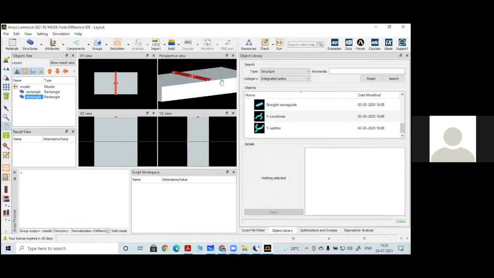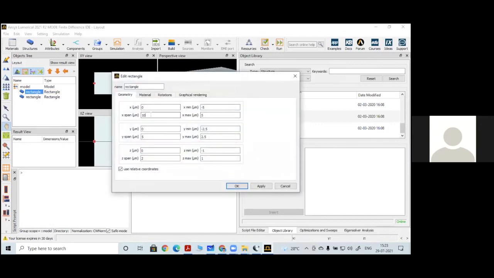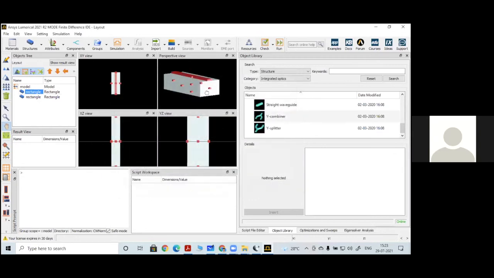Now here I have given the width as almost 10 micrometers, which is not needed, because compared to the width of the waveguide, the substrate has more width, so we can always reduce it for better visibility. This is having 10. Let me change it to 2 micrometers. So apply this. Okay, now we can see one clear view.